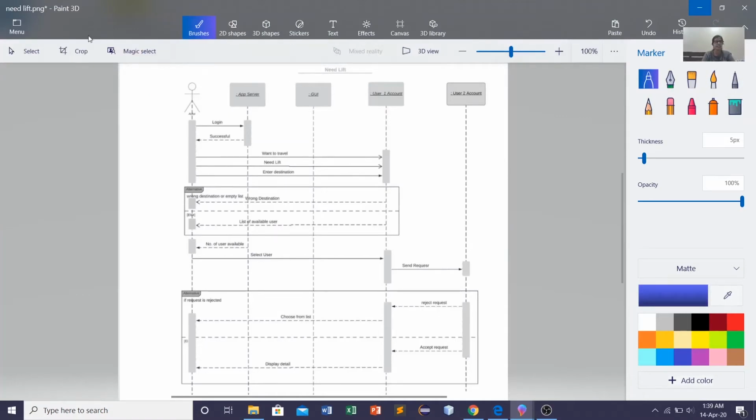So the next sequence diagram is about the need lift functionality, which we will be seeing next. Basically, this is the basic operation, login successful, which we have already seen in the login sequence diagram. The basic functionality starts from here. A person wants to travel. Here we have mentioned "want to travel", which in later stages during the discussion we eliminated, and we'll be directly starting with the need lift functionality, which will be directly visible as an option in